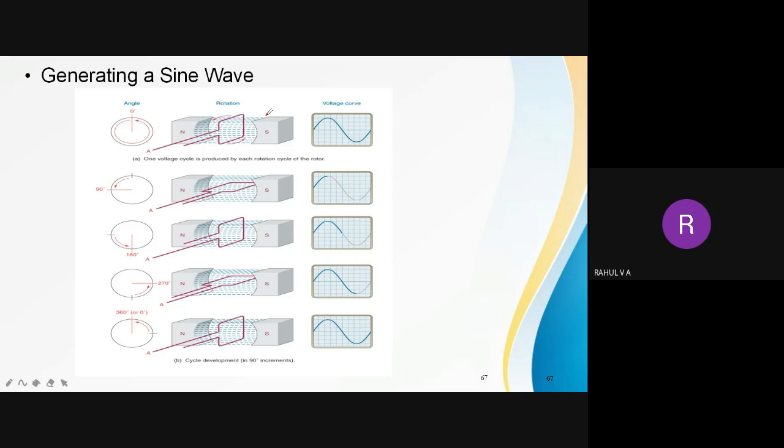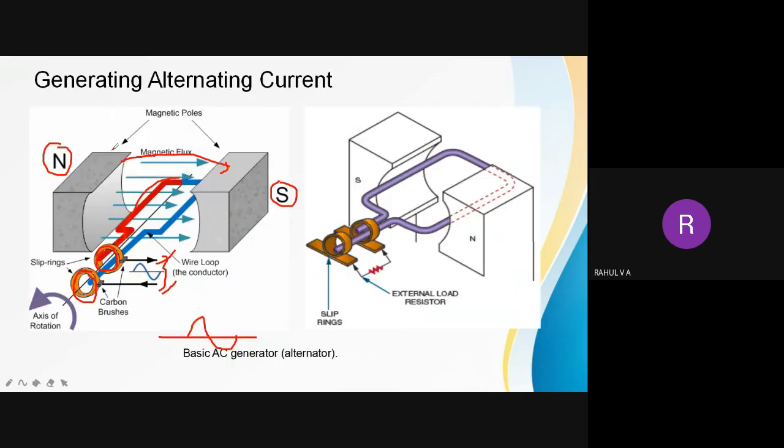Initially the generator is not rotating, so in the initial condition, how can I provide this field, how can I energize this electromagnet? So how they are doing it is, they will have a battery room. With the help of the battery, they will energize this electromagnet, and once the rotor produces enough EMF induced in the circuit, that is given to the field winding, or to this electromagnet, as a feedback. Then it will be working continuously. So this is how alternating current is generated.